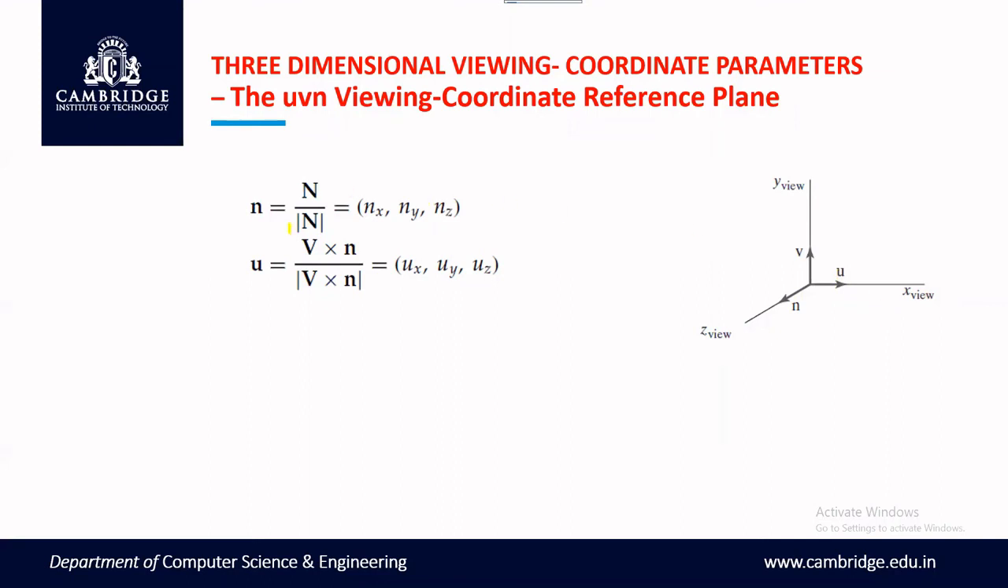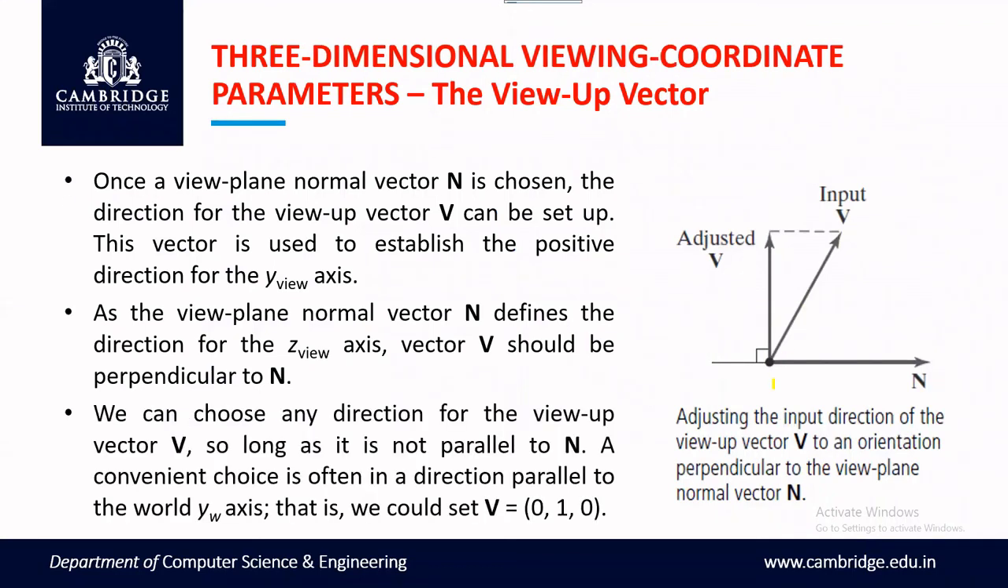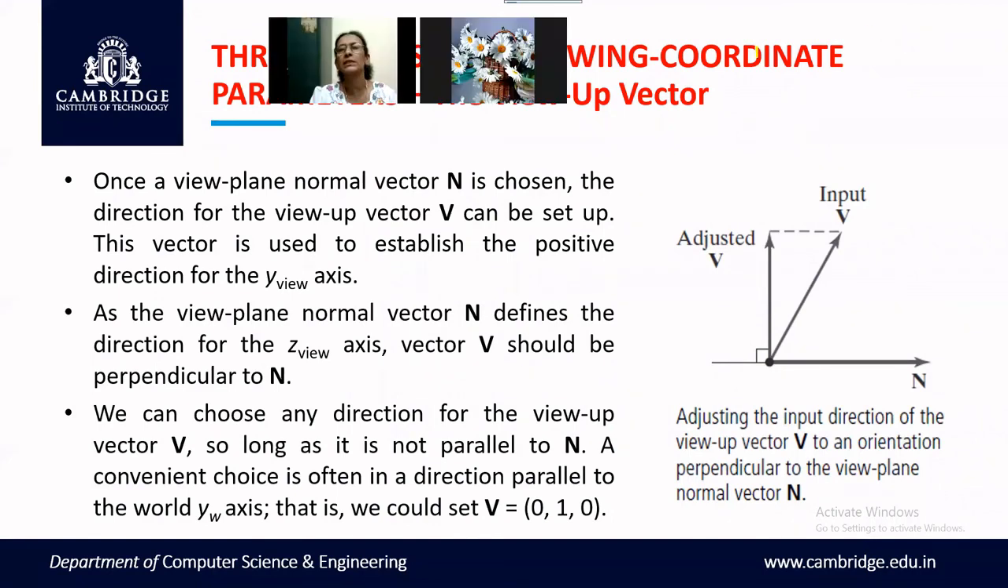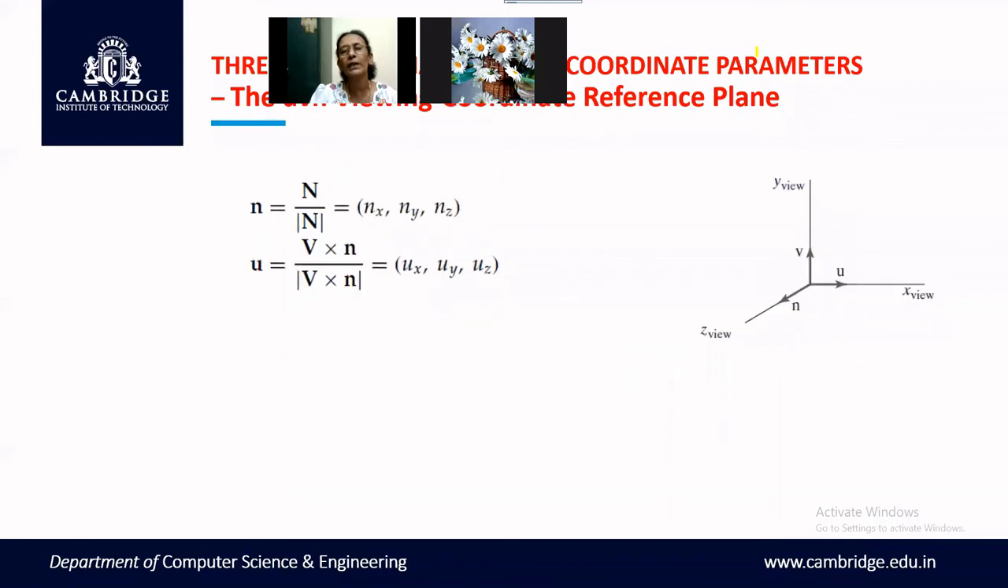Now this capital V is your view up vector that you have decided. But ideally we want it to be perpendicular. When you have a coordinate axis, you know that it has to be perpendicular. The three axes are to be perpendicular to each other, mutually perpendicular to each other. Okay, so that